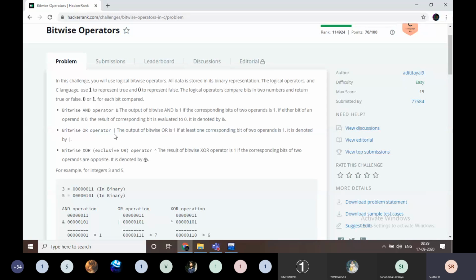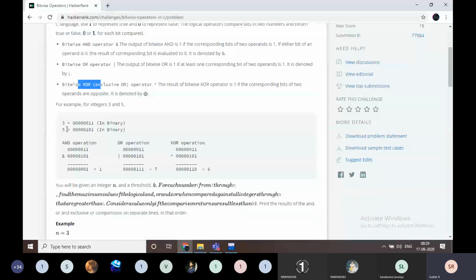How are the bitwise AND, bitwise OR and bitwise XOR going to work here? For example, if 3 and 5 is there, what is the bitwise AND operation for 3 and 5, XOR and OR operation. The question is basically focusing on bitwise AND, XOR and OR, these three operations only, I think.